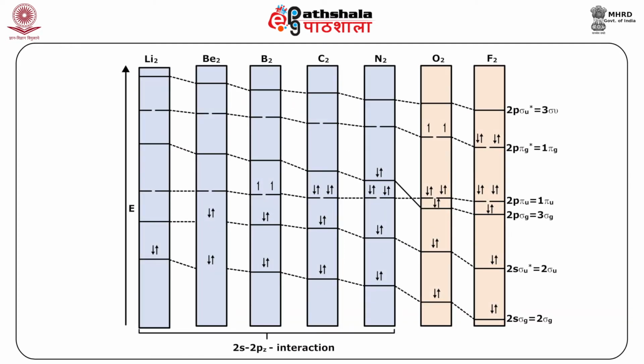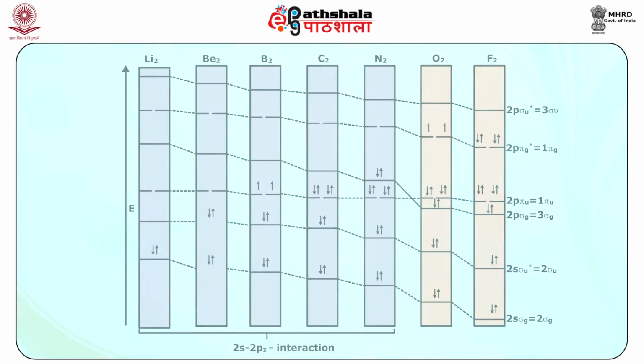In a similar way, we can combine atomic orbitals of the same energy and symmetry to get the energy level diagram shown in the figure for homonuclear diatomic molecules of the second period. In hydrogen, we needed only the 1s orbitals, but when you go to the second period, you will have the 1s and 2s orbitals, and also the empty 2p orbitals, which can be combined, and you find that a number of states are generated. As in the case of atomic states, we start filling electrons into orbitals using the Aufbau principle. For hydrogen, you have only 2 electrons, and both of these occupy the 1 sigma g orbital, and the electron configuration can be written as 1 sigma g squared.